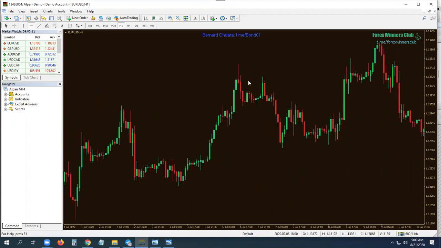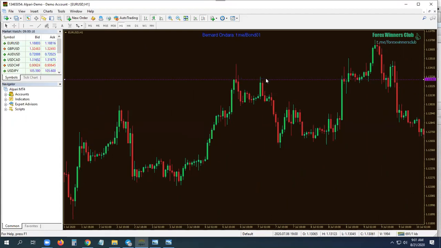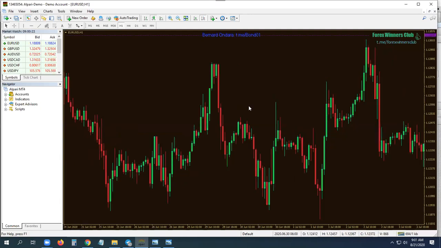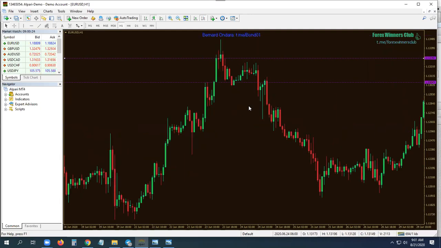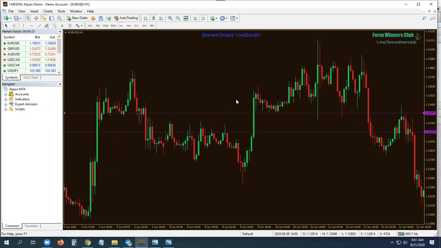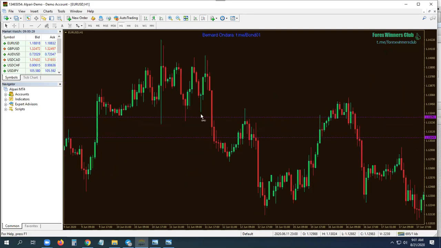Here's an example. A high. I'm looking at the bodies. High, break below here, market goes down. That will be a double top, but not the kind of double top I want you to see. I want you to see a double top that's quite clear, like here. Look at these two tops, this and this. They're almost at the exact level.